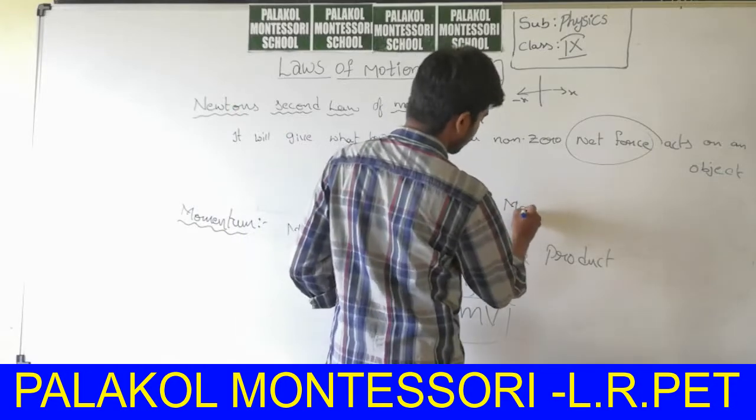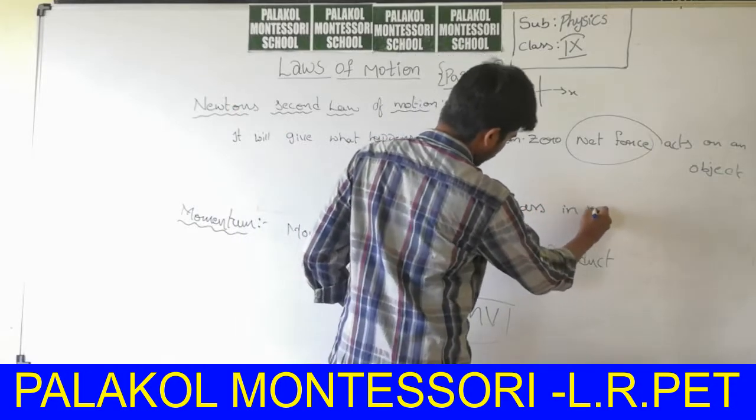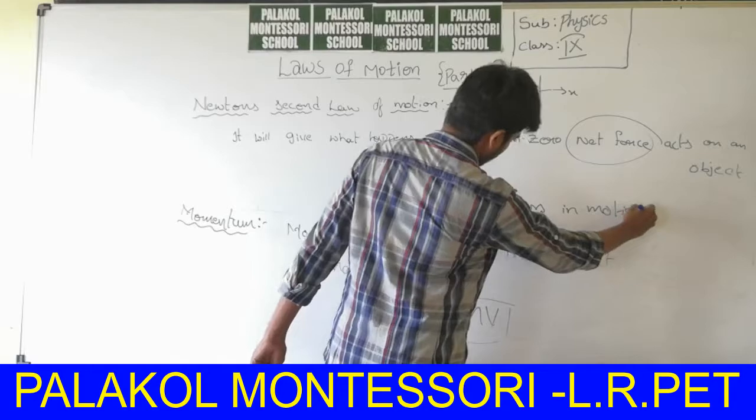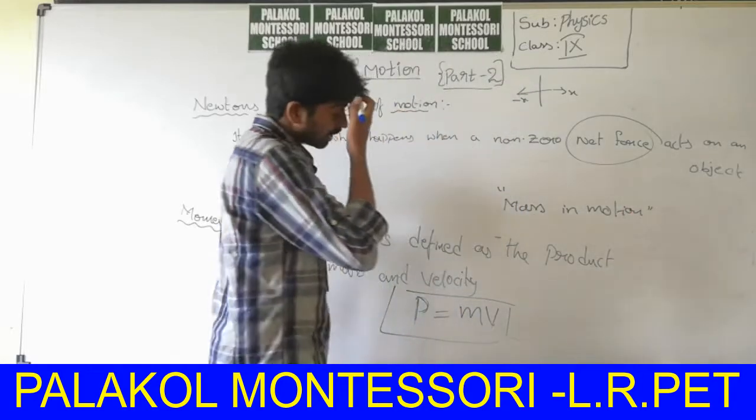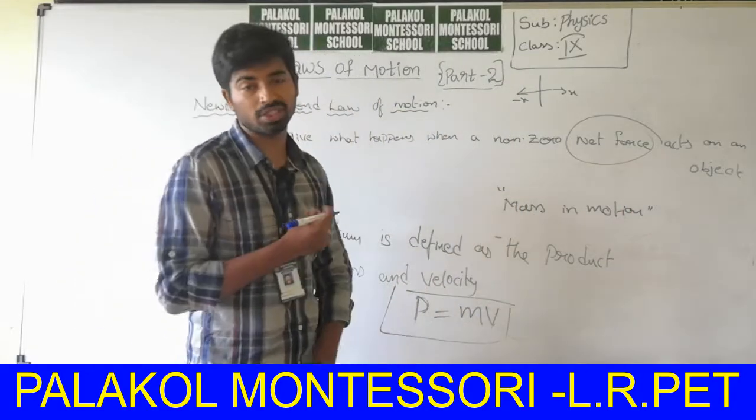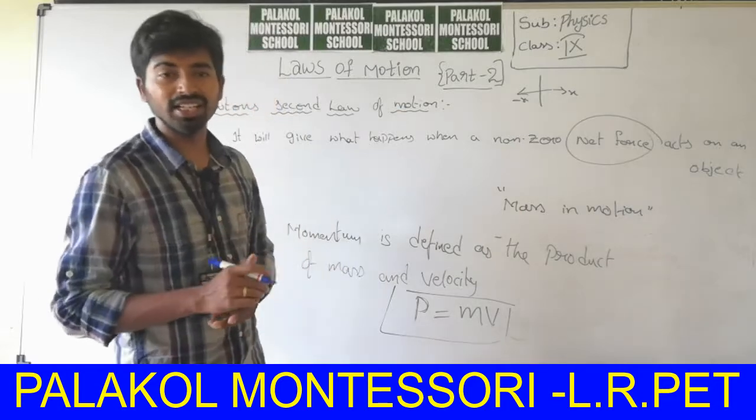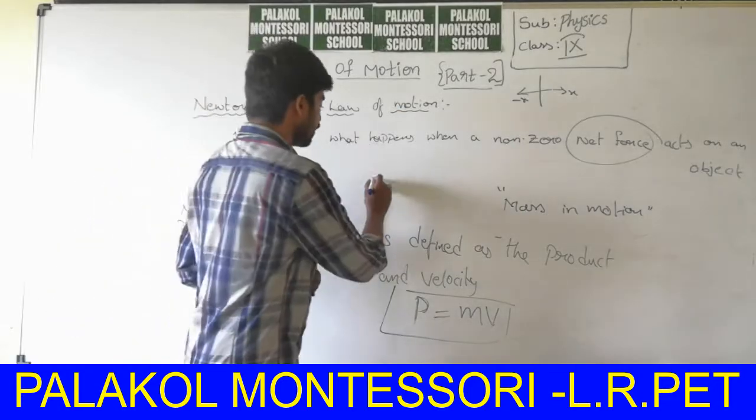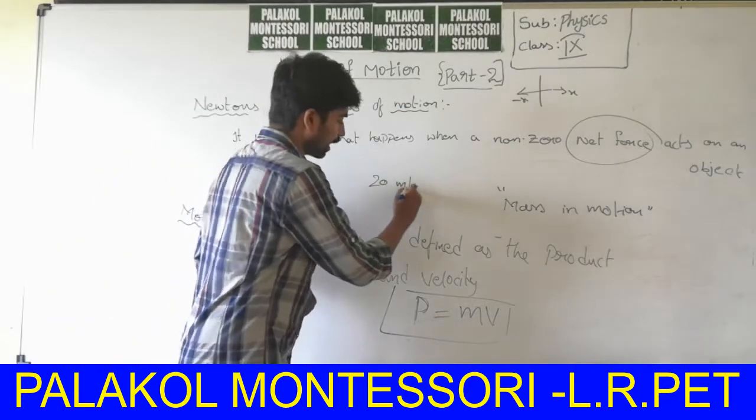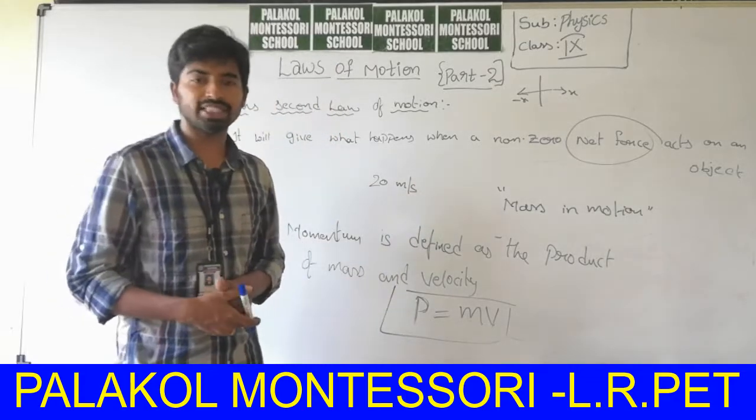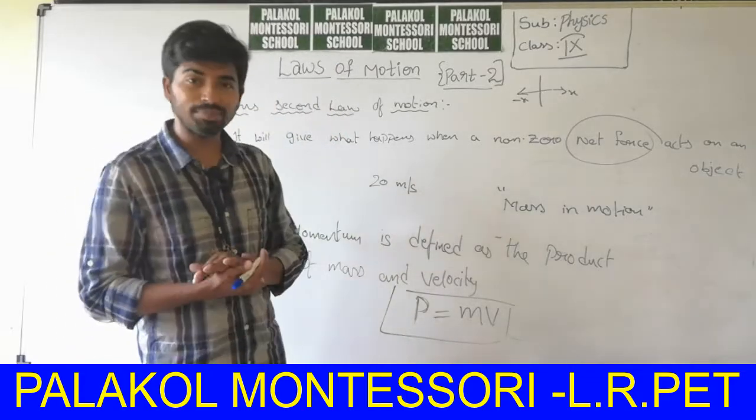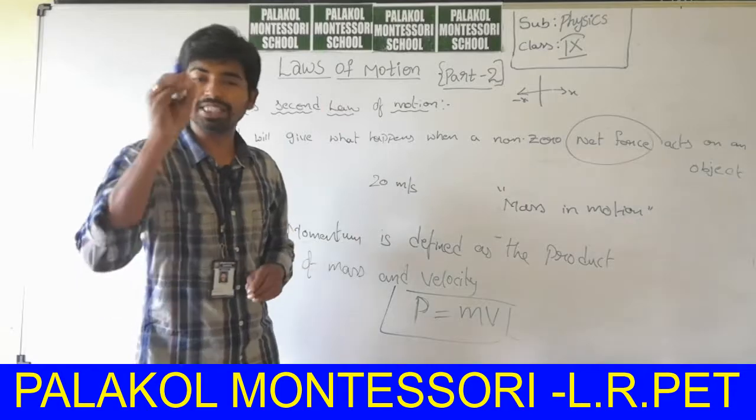Mass in motion. How much mass was in motion? For example, if I say an object is moving with 20 meters per second, does this include any mass? No. If you specify the momentum,